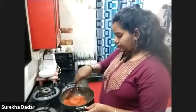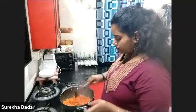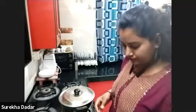It's all optional. So right now I'm just adding cashews and almonds. I don't like raisins myself, because carrot is already beautiful and sweet. I don't like the disturbance here and there. I need carrot, carrot, carrot. So we are giving it a good steam again